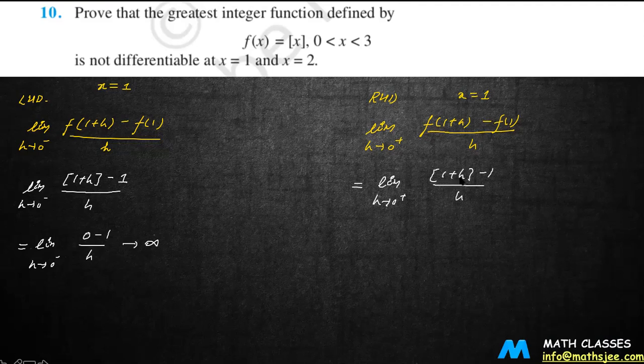तो यहाँ पे 1 plus h क्या हो जाएगा? देखो 1 plus h हो जाएगा 1 से just बड़ा. If 1 से just बड़ा हो जाएगा, you know that the greatest integer function of 1 is 1, और 1 और 2 के बीच में अगर वैल्यू है तो greatest integer क्या हो जाएगा? 1 हो जाएगा. 2 और 3 के बीच में वैल्यू है तो greatest integer क्या हो जाता है? 2. 3 और 4 के बीच में वैल्यू है तो greatest integer क्या हो जाता है? 3. यहाँ पे इंटीजर जो वैल्यू होगी 1 plus h किस किस के बीच में होगी? 1 और 2 के बीच में होगी. So this is equal to 1.